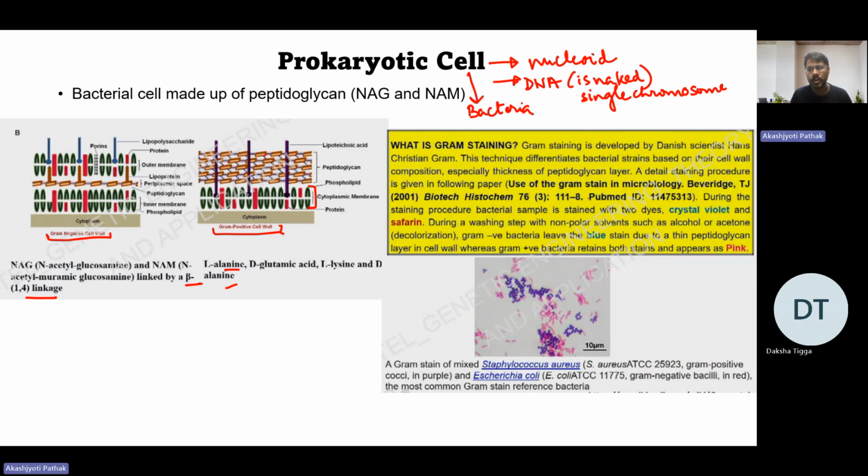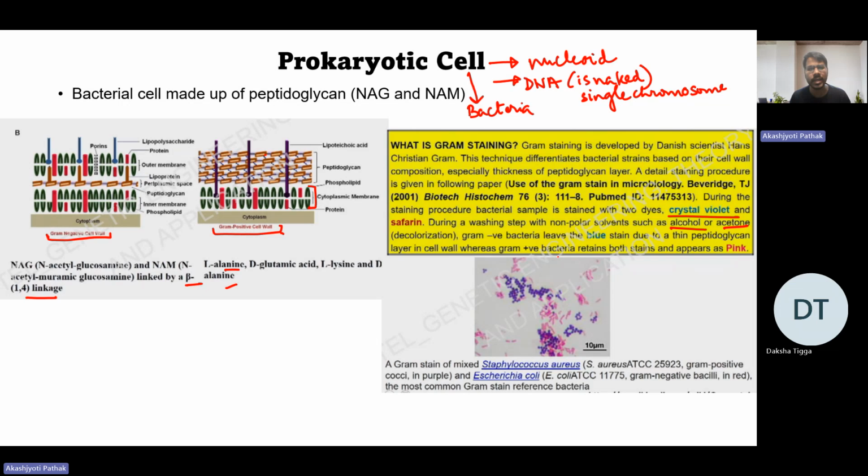What we do is we stain the bacteria with the dye crystal violet. This crystal violet stain is taken up by the gram-positive bacteria. While in a gram-negative bacteria, in the washing step or decolorization step, the crystal violet stain is washed off. It cannot retain the stain. During a washing step with non-polar solvents such as alcohol or acetone, the gram-negative bacteria loses the blue stain. It cannot retain the crystal violet dye due to the thin peptidoglycan layer, whereas a gram-positive bacteria, due